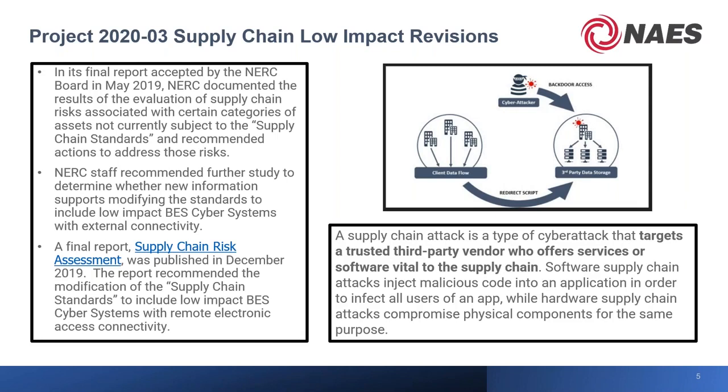That's the CIP-013 premise of trying to protect high and medium. Now we're giving a soft start to low impact on what they can do to also protect themselves from supply chain attacks. This is supply chain protections light, as I'd like to put it. It's not the full menu requirement of CIP-013 on low impact. It's just a slow start, but that's what this is all about.